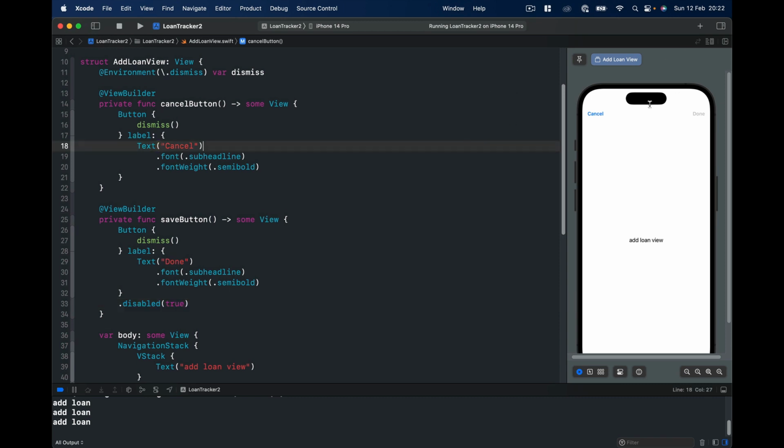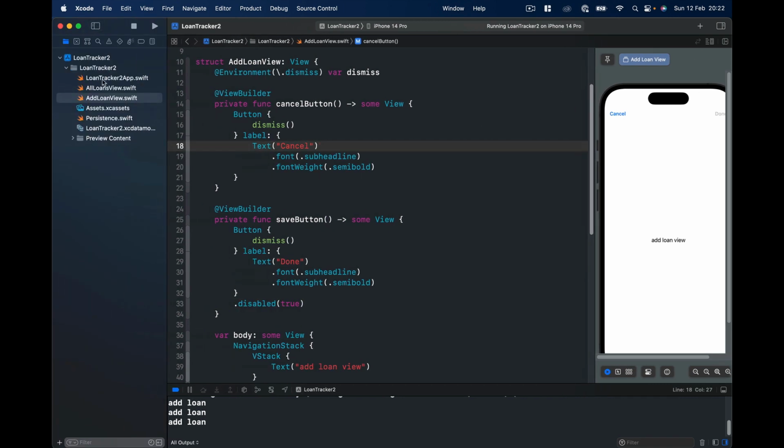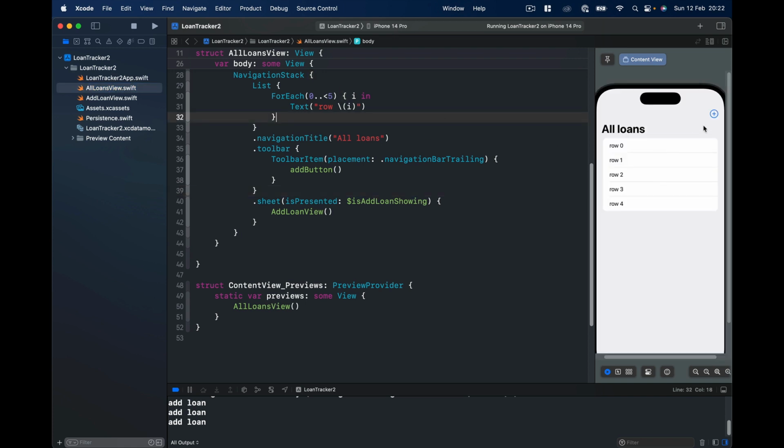All right, just quickly, let's go back to our initial view, and let's see if our buttons are working. So I'm going to click on cancel. It dismisses the view. If I drag it down, it